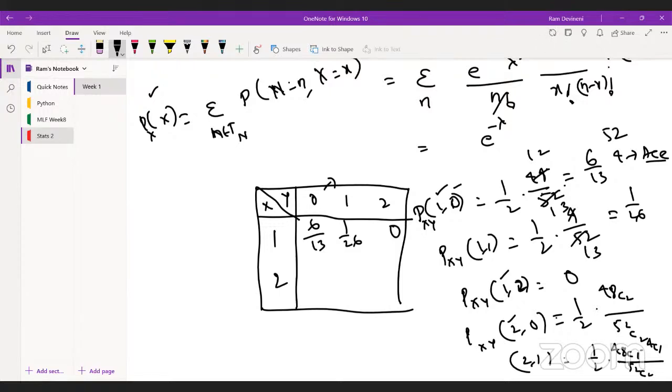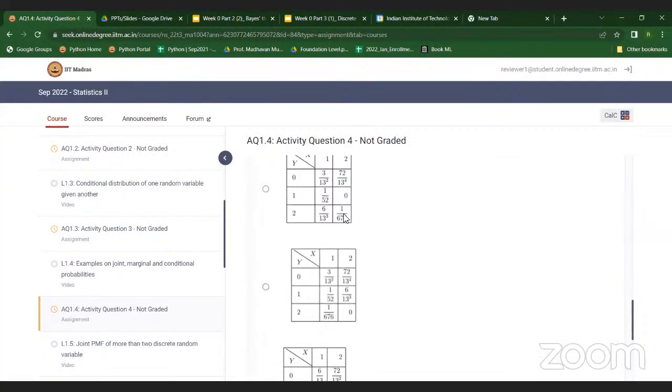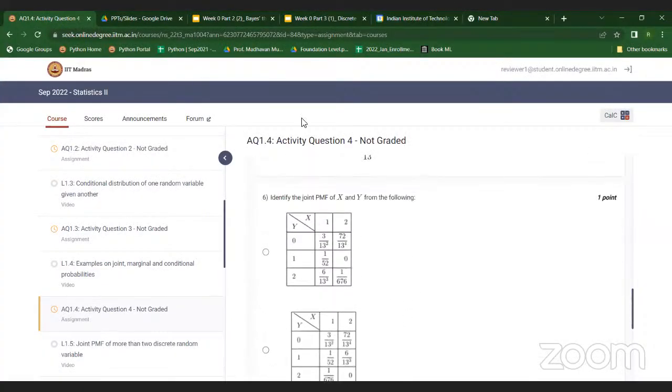We just substitute the values and you'll get the answer. I'm not going to exactly solve for this. But then